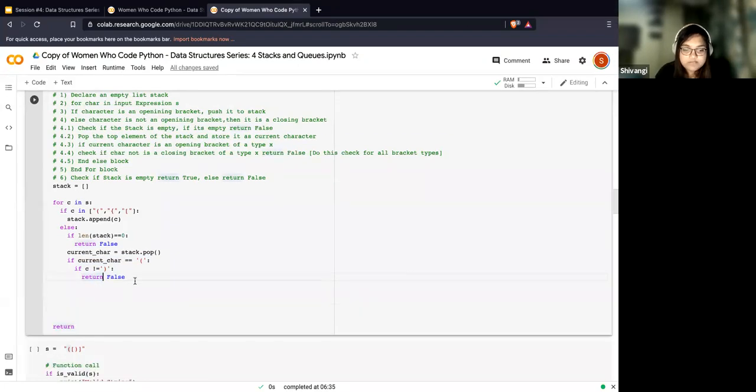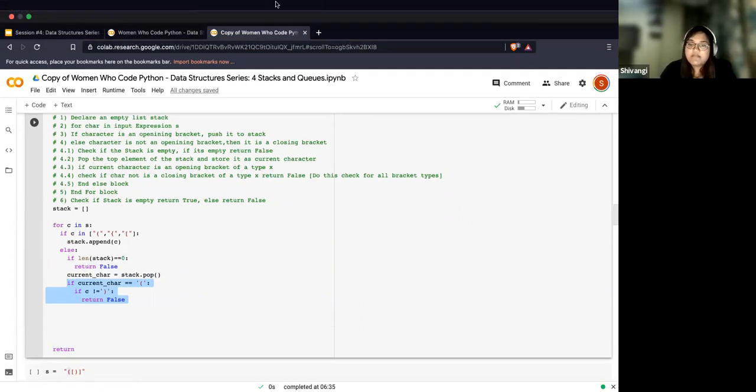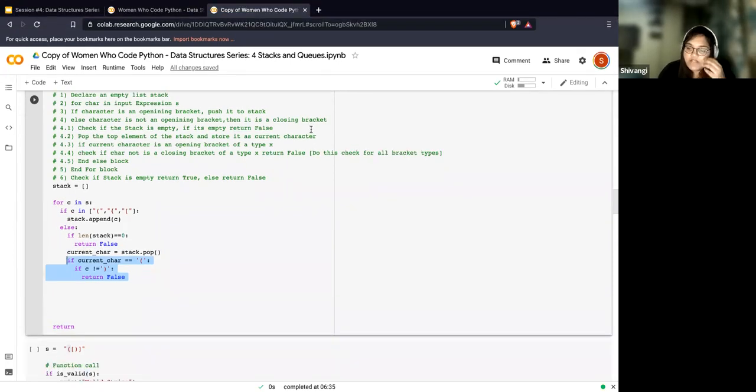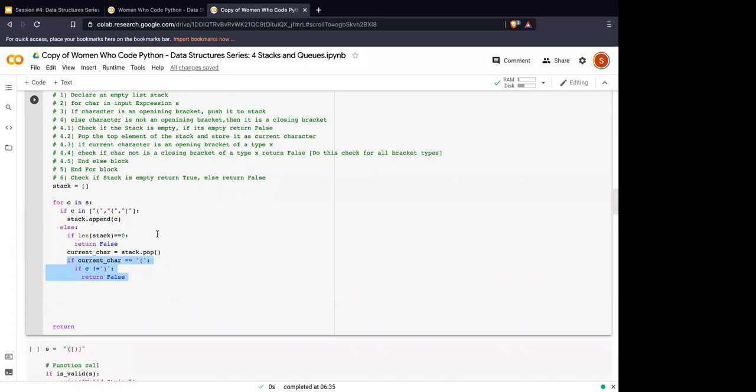Okay. Do you guys want me to go to the next part of the code, or are there any questions, or you guys are facing any issues in following whatever I've written so far? There's one question in the chat. Could you just scroll up a little bit? Shubham, please. Okay. They have a question about the stack of y is equal to closing bracket.